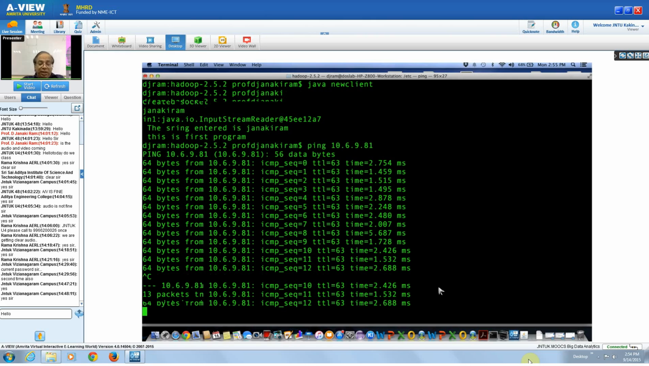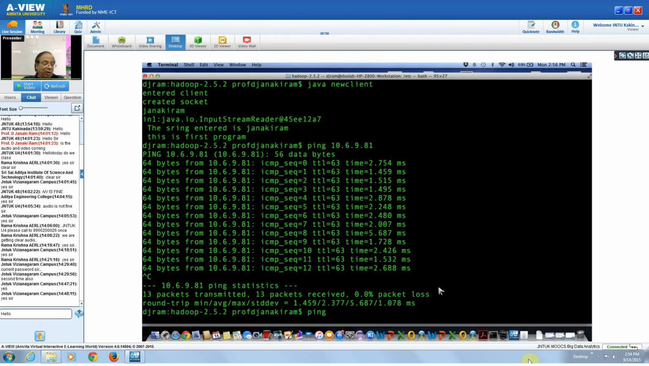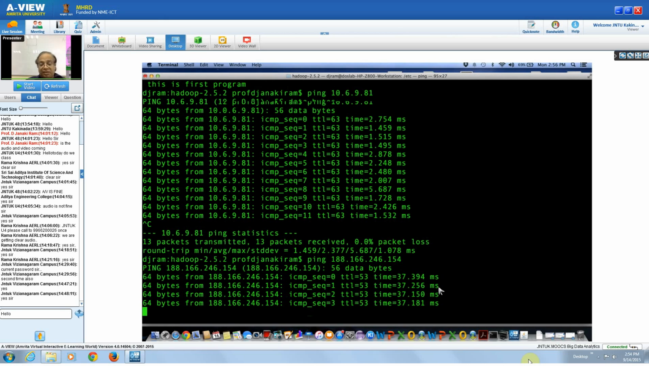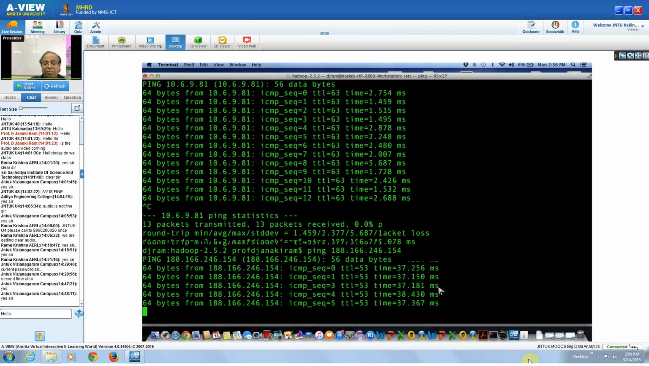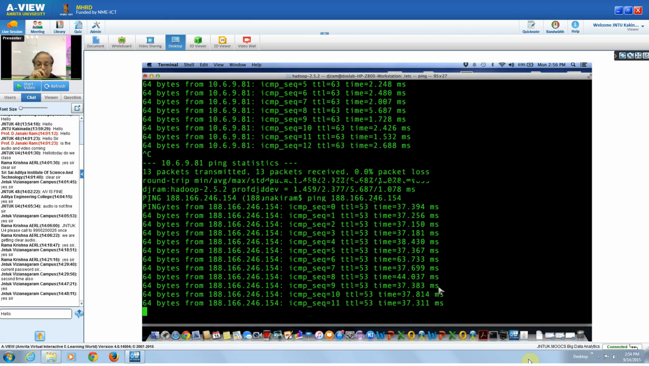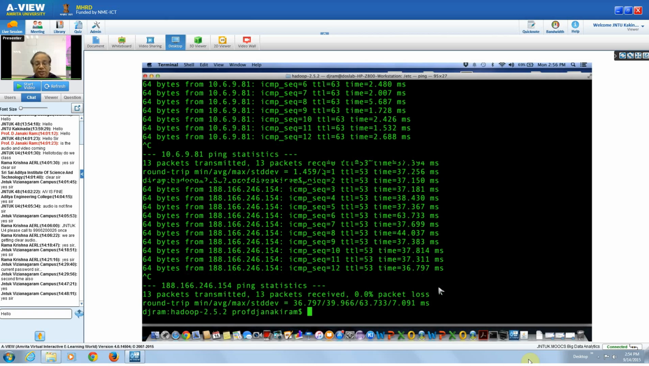Now look at the ping where I'm running my server somewhere in the cloud, with an IP address of 188.166.246.154. This is about 37 milliseconds. The internet being faster now, it's about 37 milliseconds, sometimes going to 60, 63, things like that. But then a more practical assumption, if taken